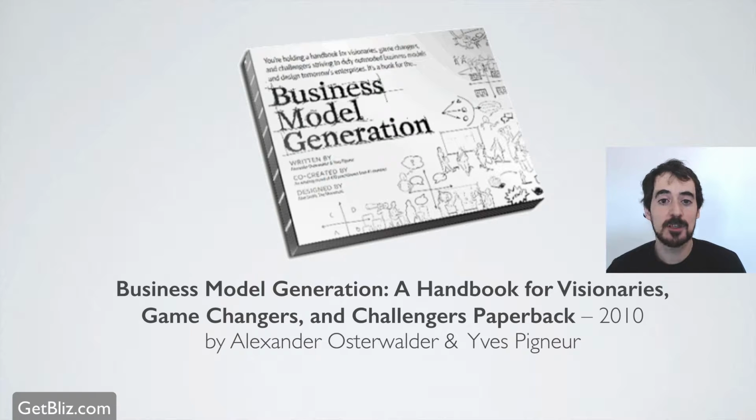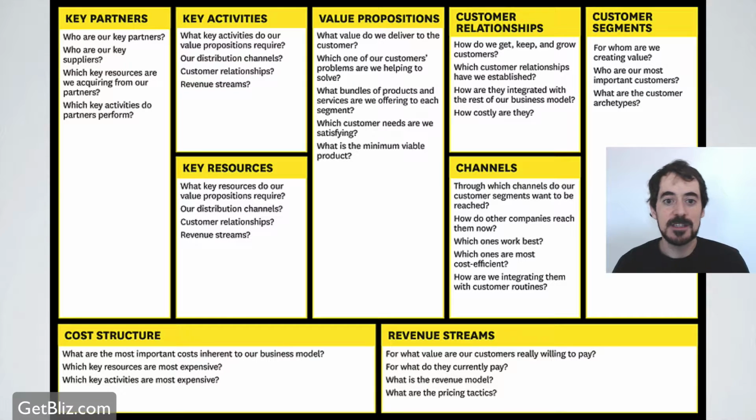Anyways, published in 2010, I bought it, I studied it, I thought it was very interesting too. And if you're running a business or are interested in how a business works, it's an interesting way of wrapping your head around all the moving parts as well. So let's have a quick look at what the business model canvas looks like. So this is it. You've got 1, 2, 3, 4, 5, 6, 7, 8, 9 different areas, departments, things that